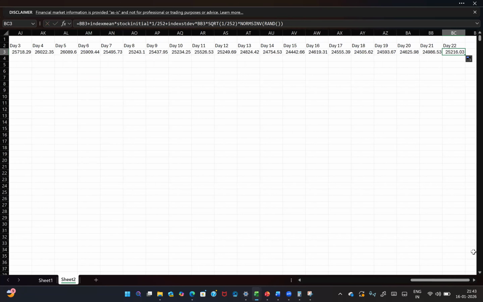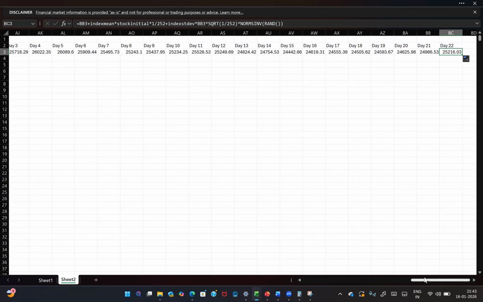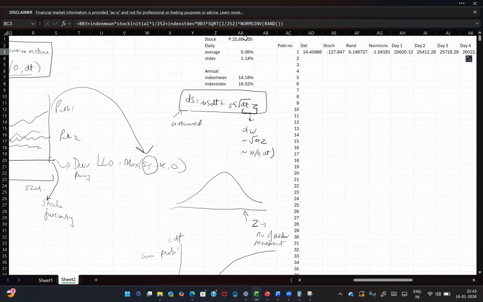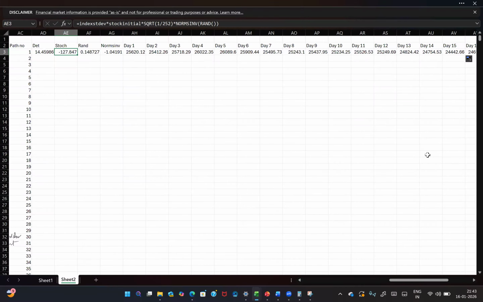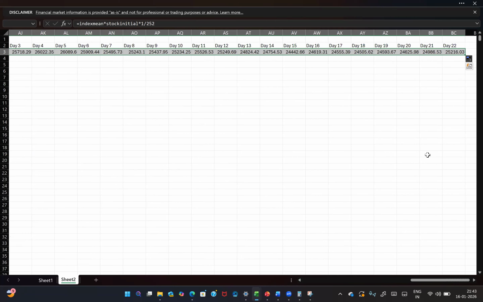And on this path, the ending value of the index is 25216. It started with 25694. So there's a bit of drawdown in path one. Any questions on this? So my reference is always changing with respect to the previous day. So that's important in a simulation. And once I'm through with this, what I can do is I can now generate all the paths. So I'll just